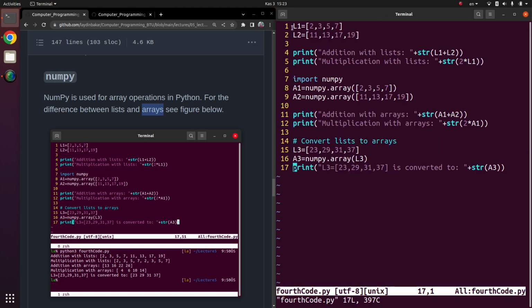Now here I make two lists, which are L1 and L2, list 1 and list 2, and I make two arrays using numpy, which are array 1 and array 2. Now the addition of the lists can be printed out with str, which is string, L1 plus L2. In this case, Python will add this list here, and it will print 2, 3, 5, 7, 11,